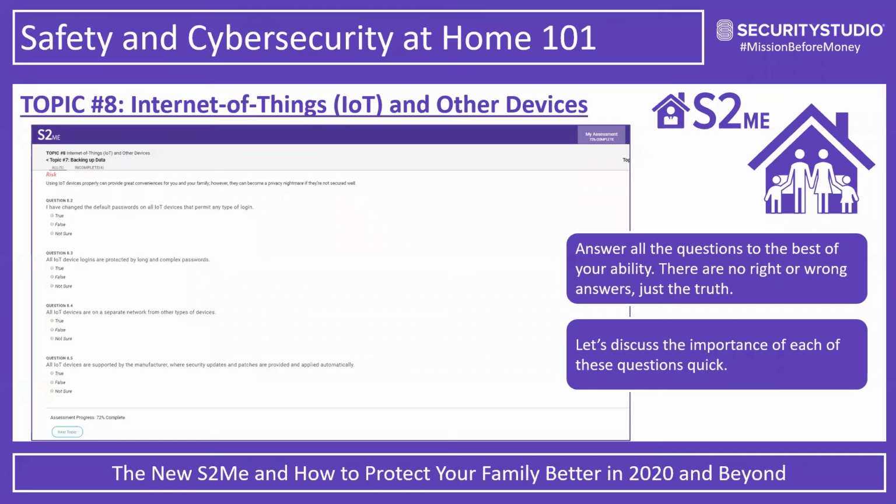So when selecting an IoT device, if you do choose to have one in your home, it's strongly advisable to look at that device and to see if the manufacturer does provide security updates for it. If they don't provide security updates, you may want to consider moving on to a device that does. The great thing is there are many choices available in the marketplace. There are multiple types of smart speakers. There are multiple options when it comes to appliances, thermostats, televisions, and other devices that might be smart in our home.